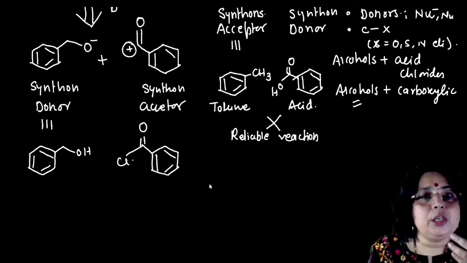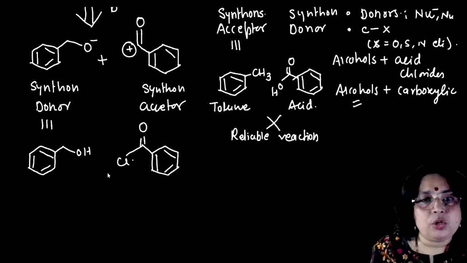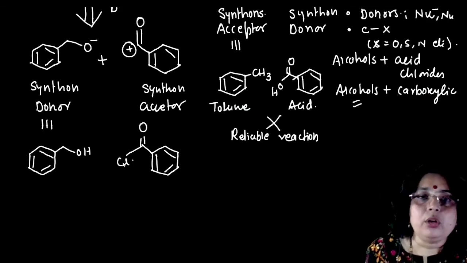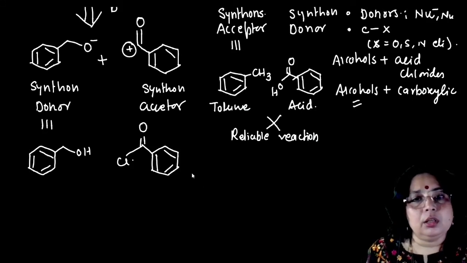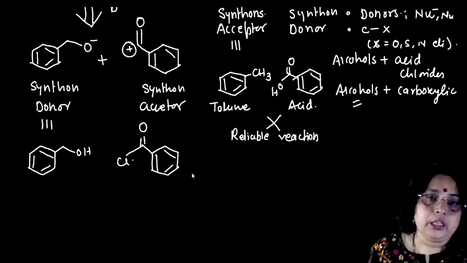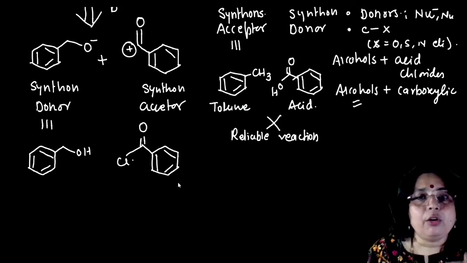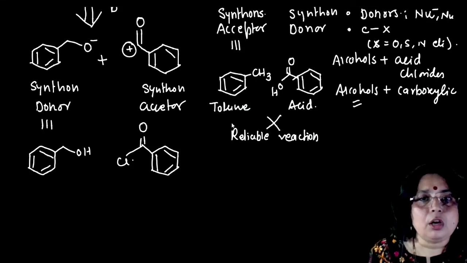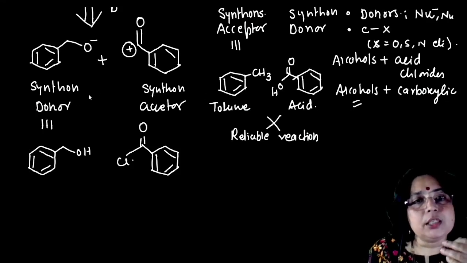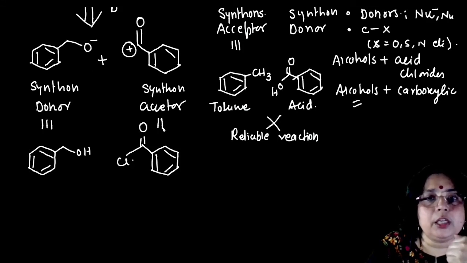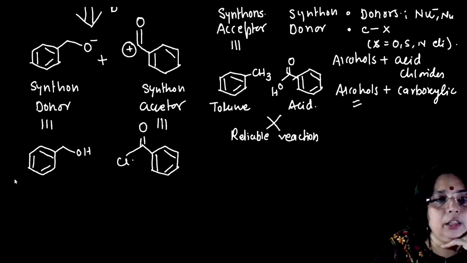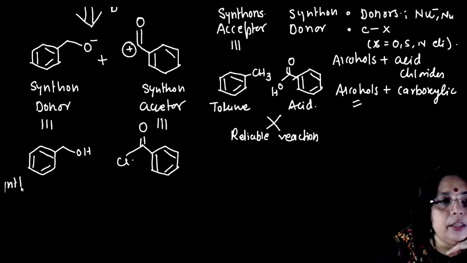There might be some questions in your mind, madam, why have you put a hydrogen over here and Cl over here. So later on I will explain the synthons and the chemical equivalents, which are the commercially available chemicals or reagents. But for the sake of convenience I am just explaining over here what the synthons are. Synthons are nothing but charged species. So there are two types of synthon: one is the donor synthon, another one is the acceptor synthon. And the neutral species we are getting from the synthons are nothing but the synthetic equivalents.